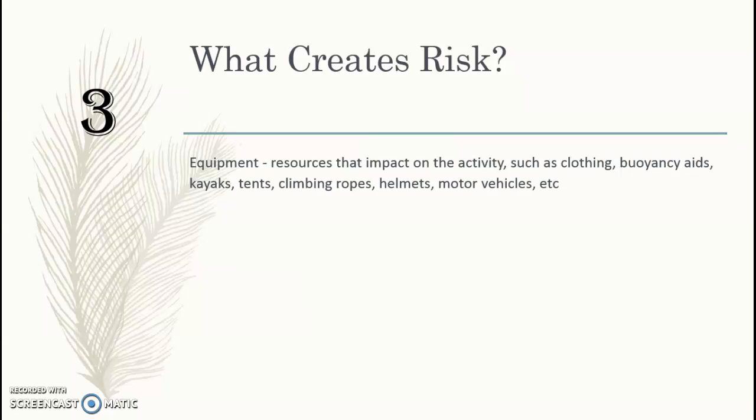Tents: either the tent is good enough, or there is a hole. If there is a hole, it can put everyone at risk, because when it is rainy, the water can flow through our tents. Climbing ropes are for you to use in the jungle. Helmets are to protect your head and your body. Motor vehicles you use to transport from land into the jungle.